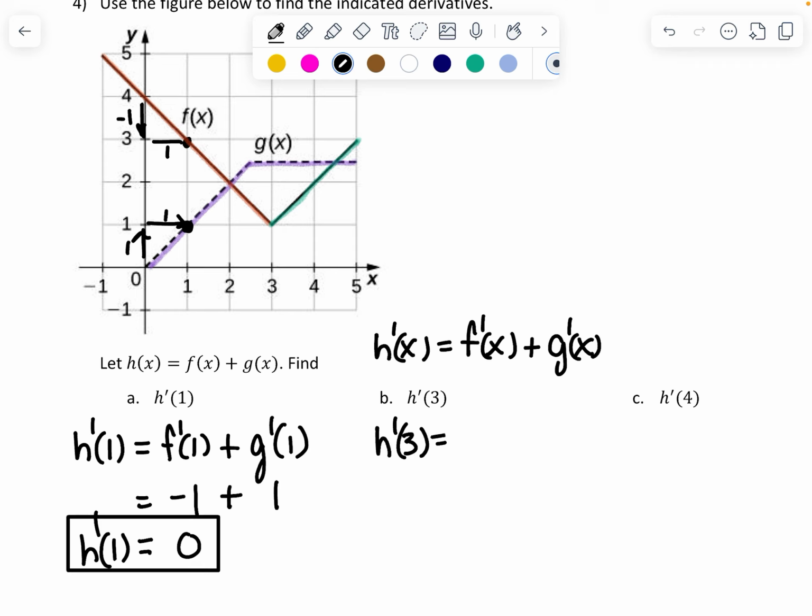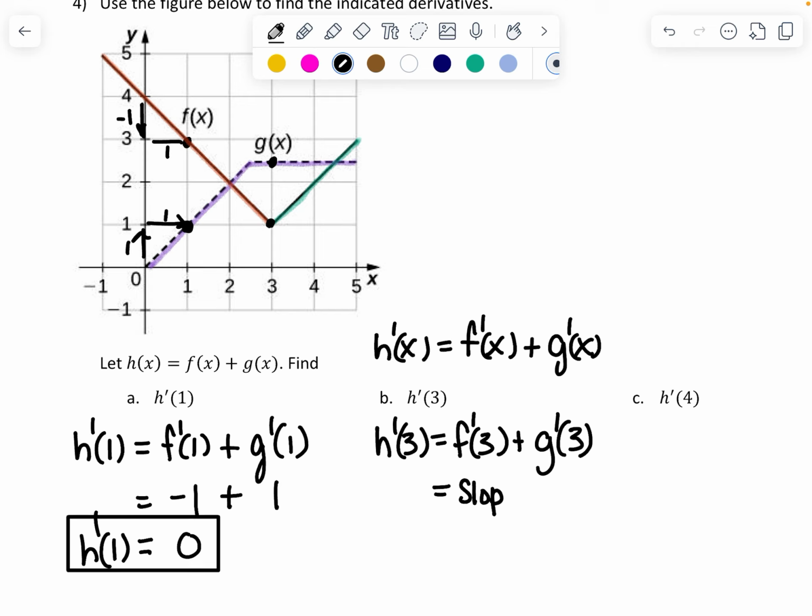And then we have h prime of 3. So h prime of 3 is equal to f prime of 3 plus g prime of 3. Now I've got to look at where 3 is. So h prime of 3 is the sum of both f prime of 3 and g prime of 3. So let's do f prime of 3. F prime of 3, I think we have a problem there